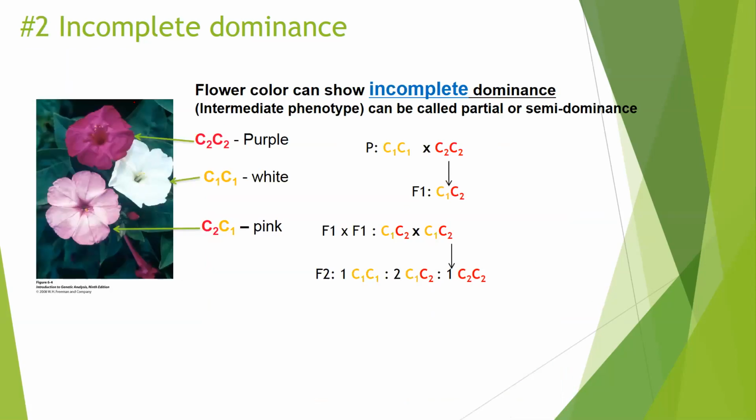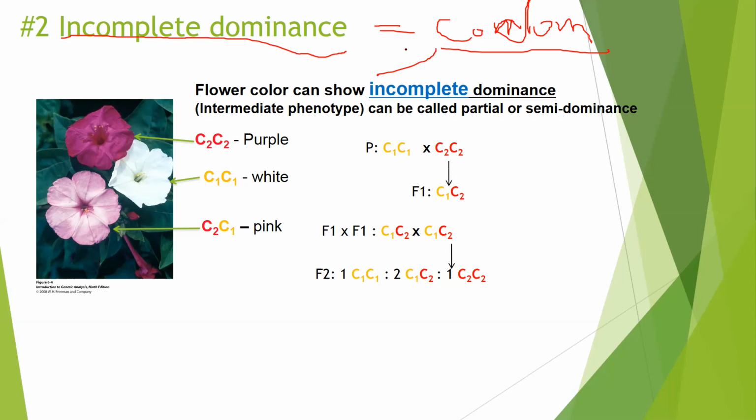And okay, so incomplete dominance. Sometimes some scientists think incomplete dominance is equivalent to codominance. So we're going to talk about codominance as well. Actually, codominance is a special case of the incomplete dominance. So what does incomplete dominance mean? If this gene gives color to the flower in some plants, the homozygous will give you the purple, and of course the other homozygous will not give you any color,